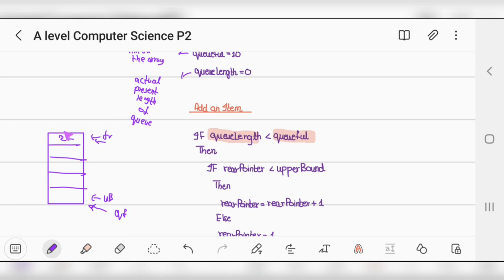The queue length is 1. We keep on adding. This will be the rear pointer. This is the front pointer. This is the rear pointer, and the queue length will be 2. So if the rear pointer is less than the upper bound, if the rear pointer hasn't come to here, then